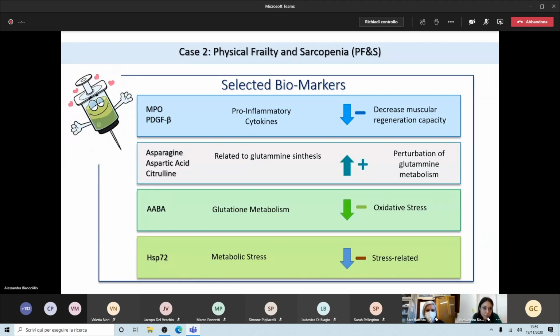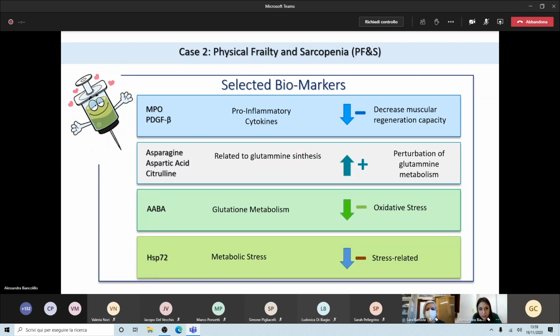They were quite happy with this selection, because in their opinion it makes sense that these variables are related to the sarcopenic condition. We selected 2 inflammatory cytokines, which are generally lower in concentration in the serum of the sarcopenic patients, and this is related to the fact they have problems in the regeneration of muscles.